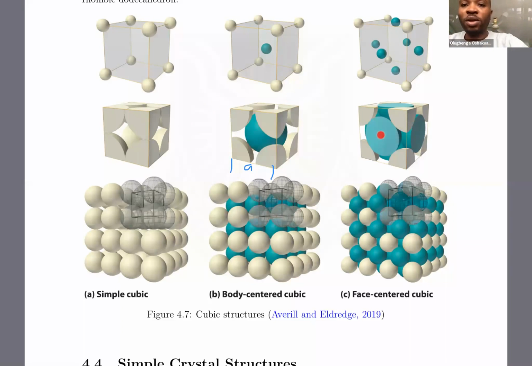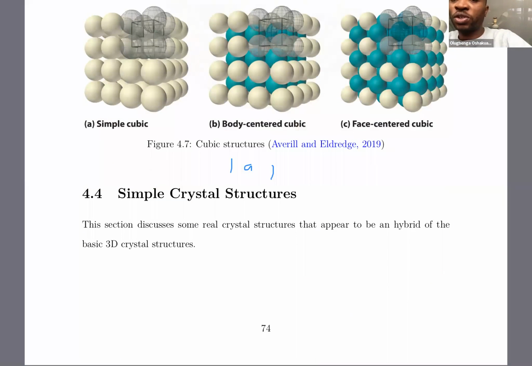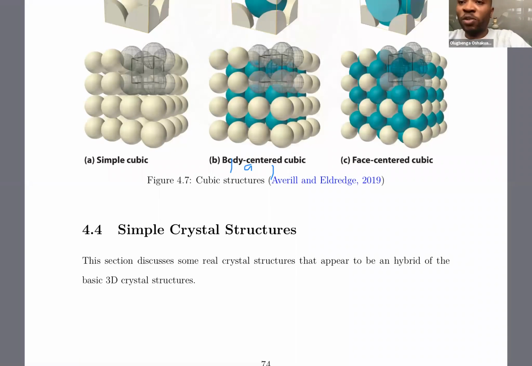So from that, I promise that we'll continue from simple crystal structures. The structures that are listed there are some common, let me call it hybrid crystals, in which we cannot really call them completely simple cubic. They are cubic, but we cannot really call them completely simple cubic or body-centered cubic or face-centered cubic. So we can call them hybrid. So we'll be talking about some common ones